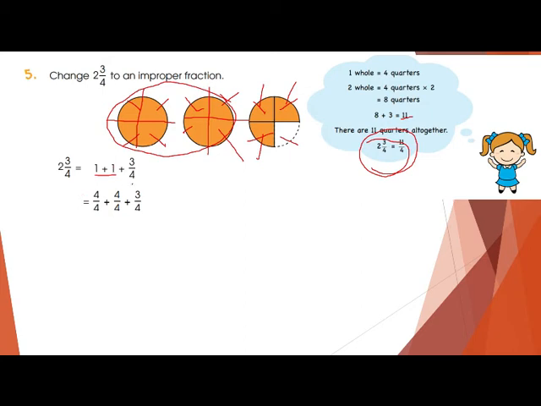And then we have to write 3 upon 4. And I told you how to calculate it. If the denominators are same, you will simply add the numerator. 4 plus 4, 8. 8 plus 3, 11 upon 4. This is the way how you can write the improper fraction.